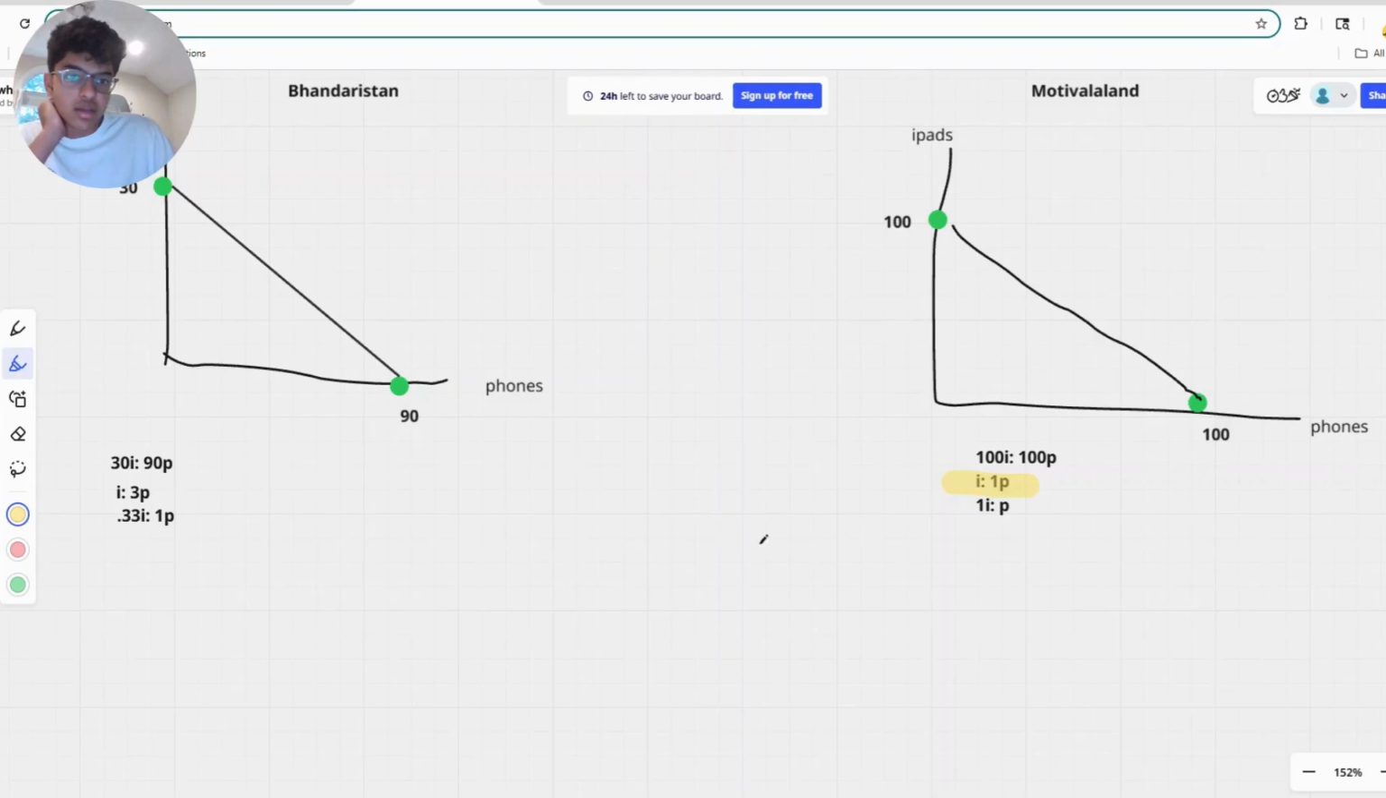Now let's look at phones. So when you're producing one phone, this guy only loses a third of an iPad, whereas this guy loses a whole iPad. So clearly, Bandaristan has the comparative advantage in producing phones. Okay, now we know who's going to specialize in what. Motibalaland is going to produce the iPads. Bandaristan is going to make the phones. So let's imagine